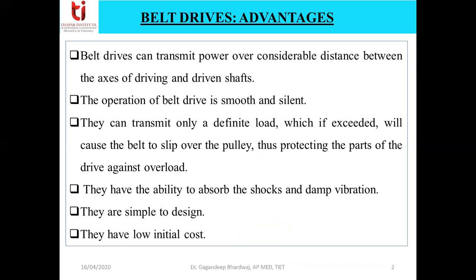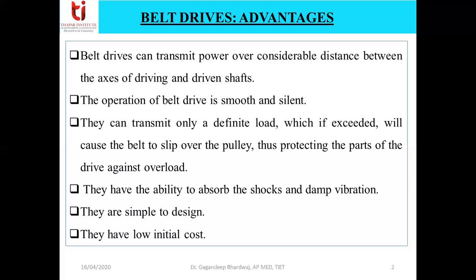Belt, rope and chain drives are also called flexible drives, which I have already discussed. Gear drives are known as rigid drives. In gear drives, there is direct contact between the two surfaces, between the two pulleys. From one pulley to another, we are transmitting the power. Whereas in case of belts or flexible drives, the two pulleys are far away from each other, but the power is transmitted from one pulley to another by means of belts.